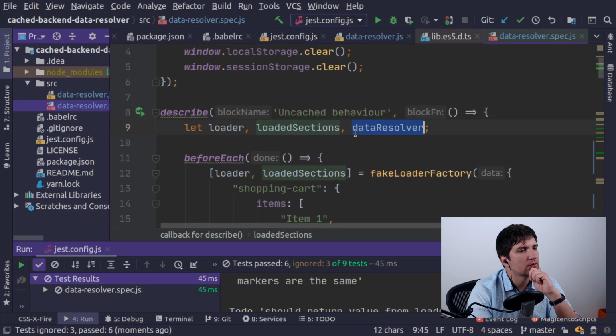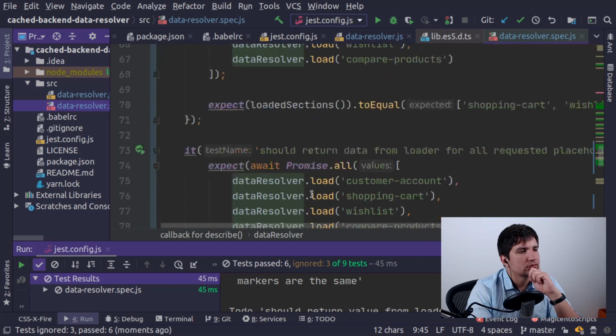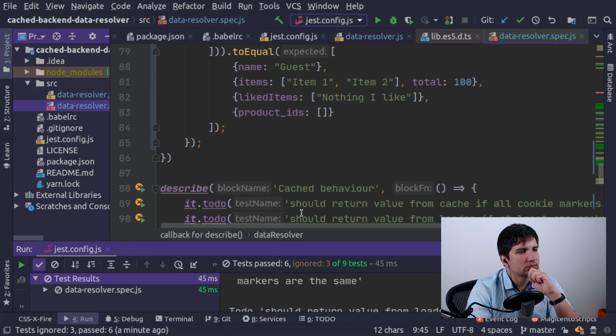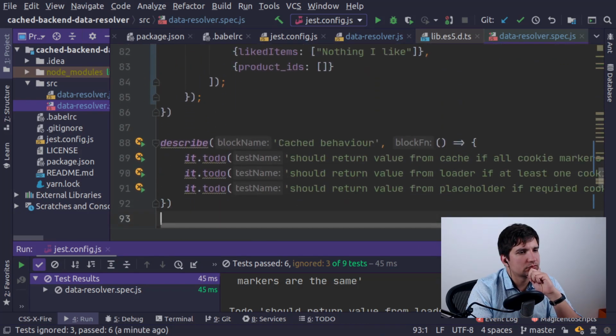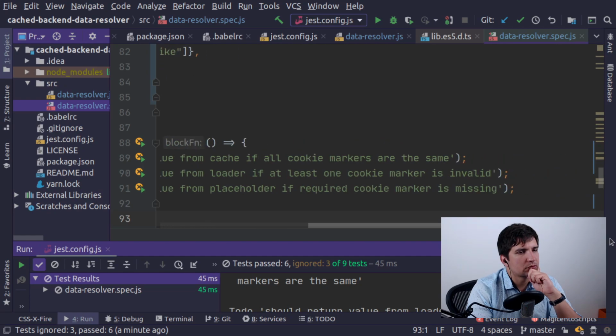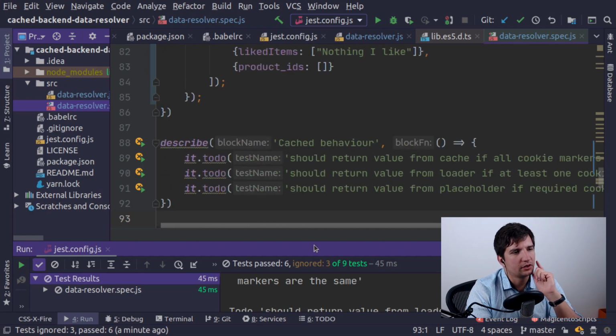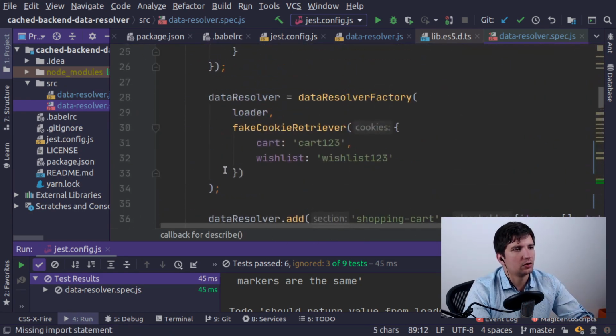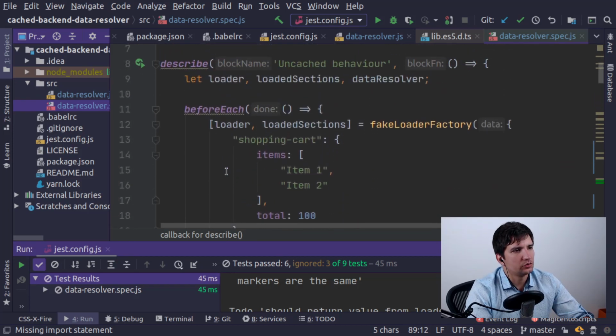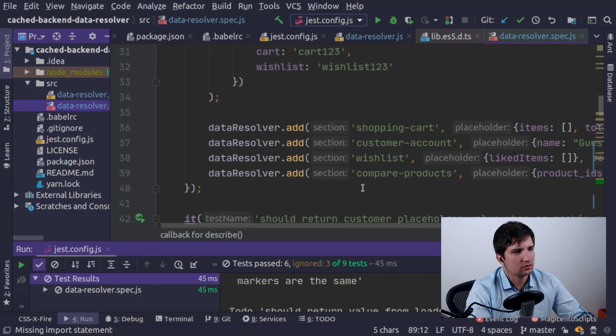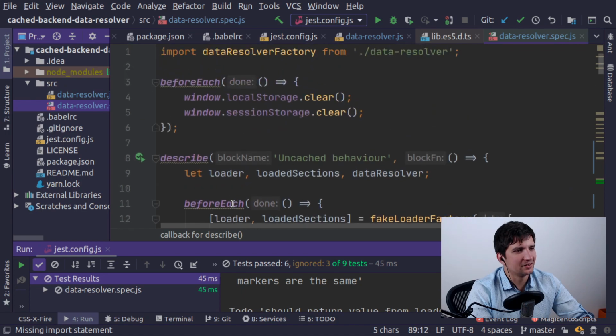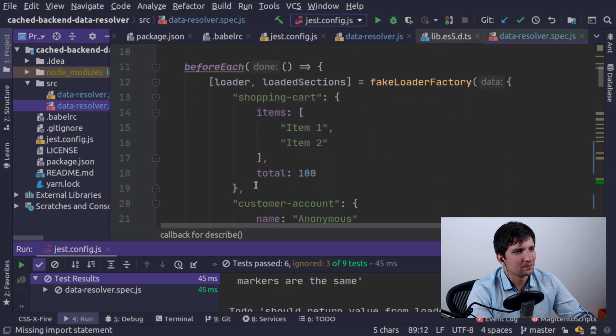Or probably it does matter. But what we're gonna do here, we're gonna just use the good old tradition of copy pasting stuff. Right, so